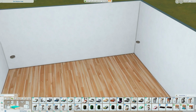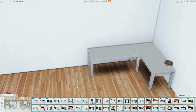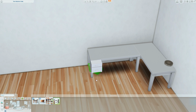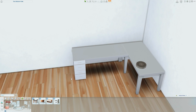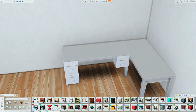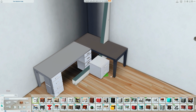Today we are building a gamer room. This is a very pink gamer room, sort of the e-girl, kawaii sort of thing going on. So yeah, I was going to use the new desks from the high school pack, but I didn't think they quite fit what I was going for. Because when I was looking up, I'd literally searched kawaii